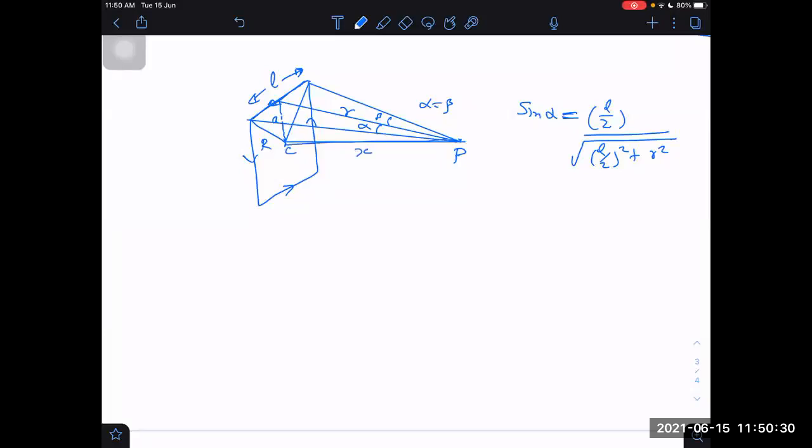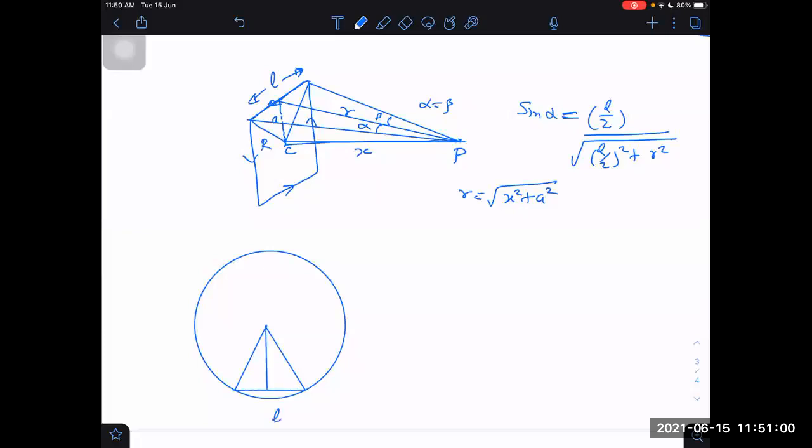Let the distance from the center to point P be x. This horizontal distance is x. I can determine R also. R will be equal to the square root of x squared plus a squared. What is a? If you want to find it, go to yesterday's class and see. In that I have drawn a circle with R taken from the center. Then I have taken that this side length is equal to L, and this angle is half, which will be pi by n, and this is R, and this is A. We can get A or not.